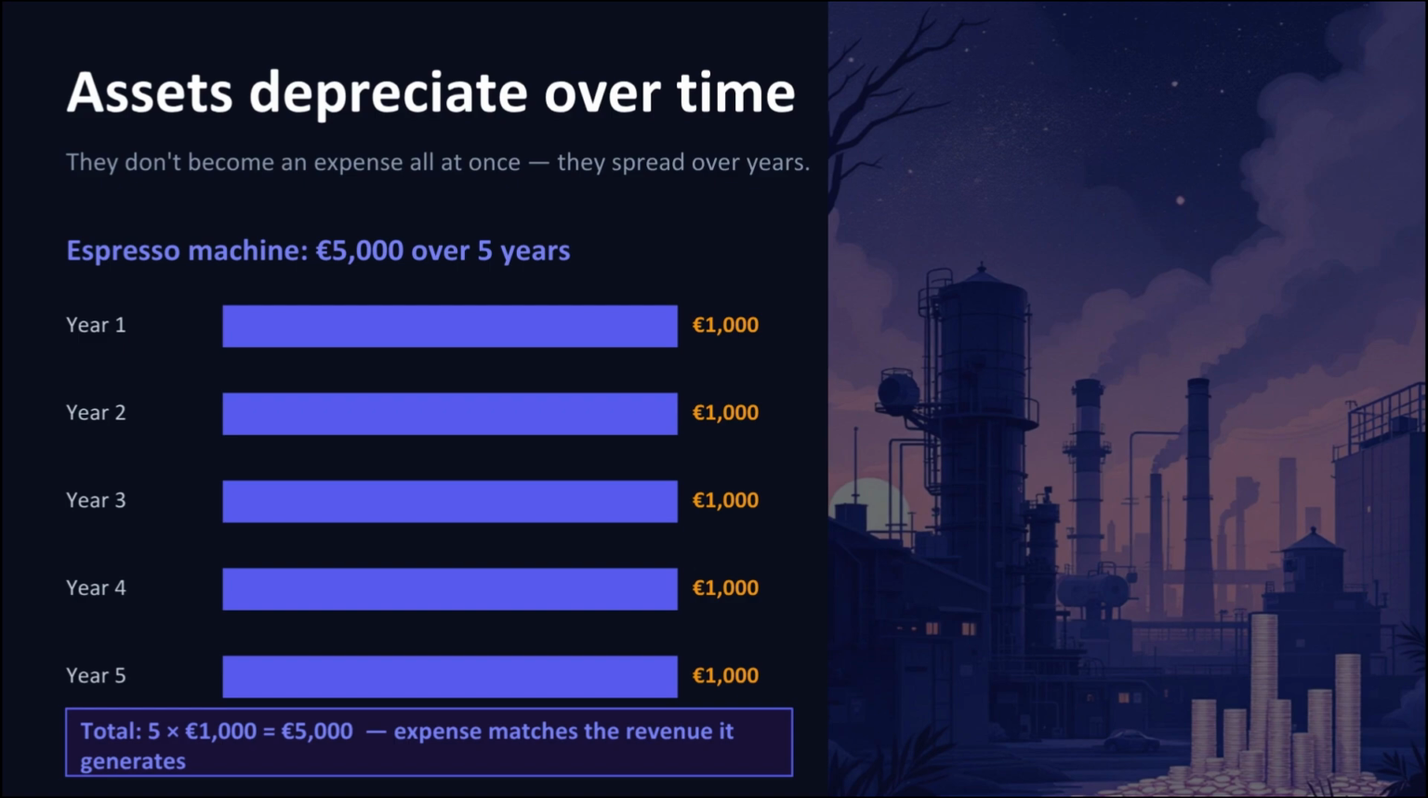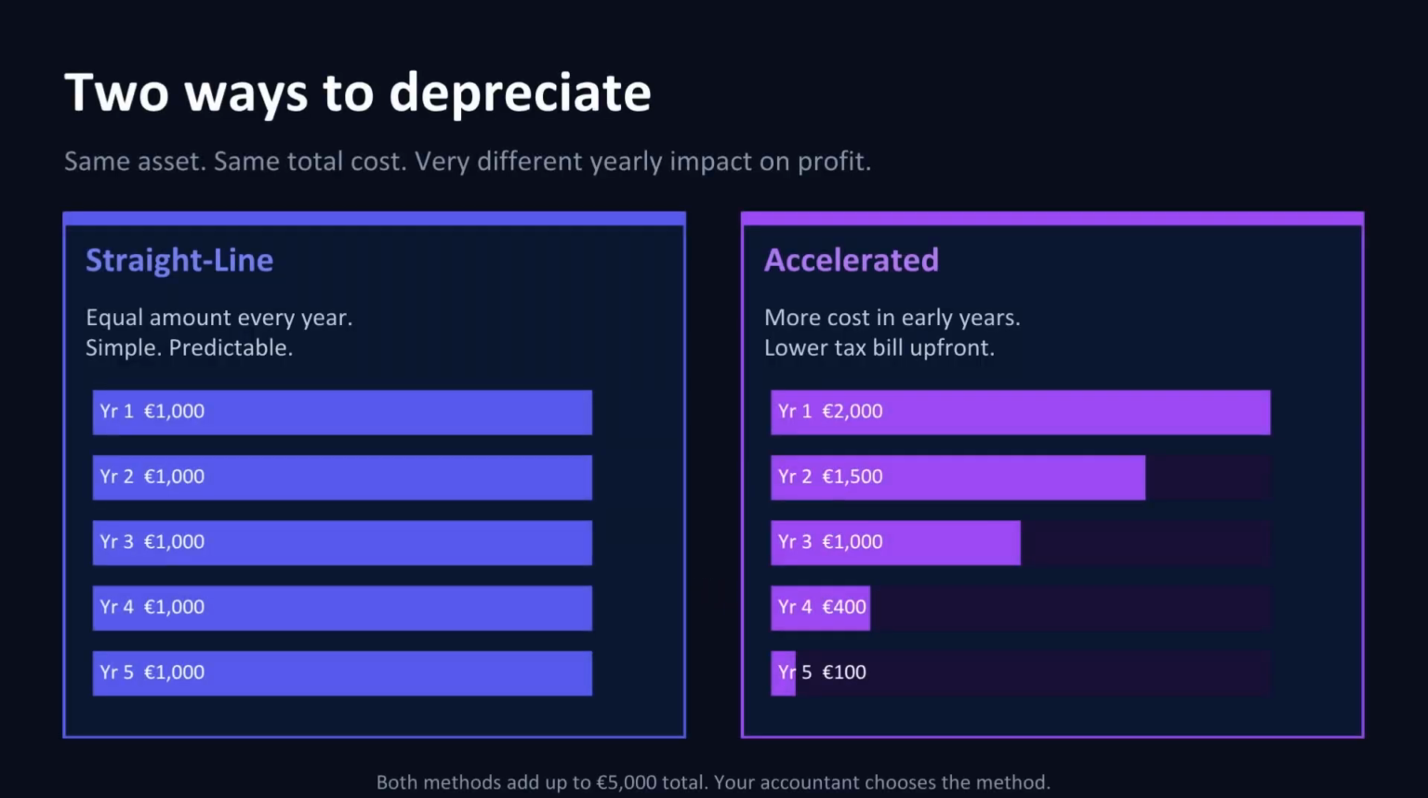Year 1, 1,000. Year 2, 1,000. All the way through year 5. Total, 5,000. The cost matches the years the machine actually generates revenue. That's the whole point. There are actually two main methods of depreciation, and your accountant will choose which one fits